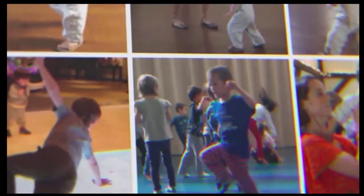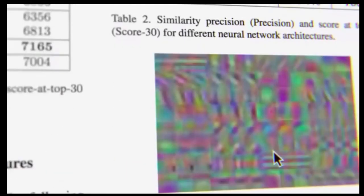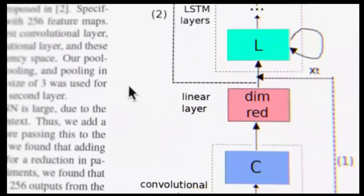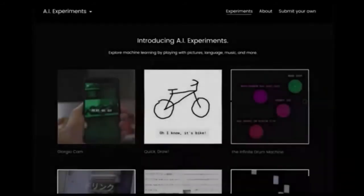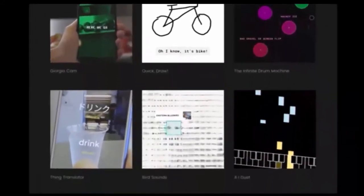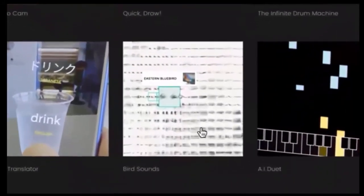But if you're curious and want to play with this stuff, and you're poking around things like this, trying to understand how it all works, it can be pretty intimidating. That's why we've created a site called AI Experiments. It's a showcase for simple, hands-on experiments that show how machine learning can make sense of all kinds of things, like sound,